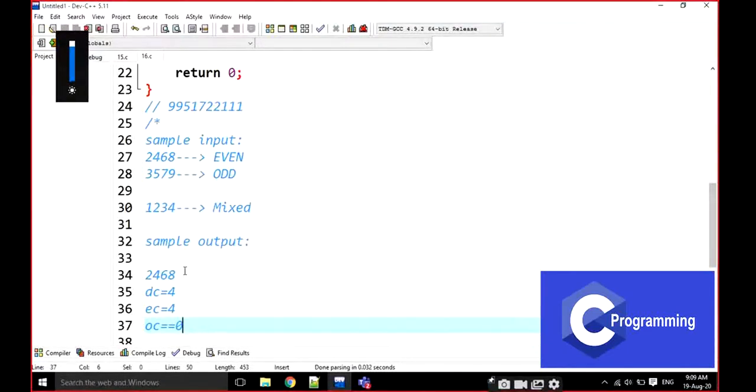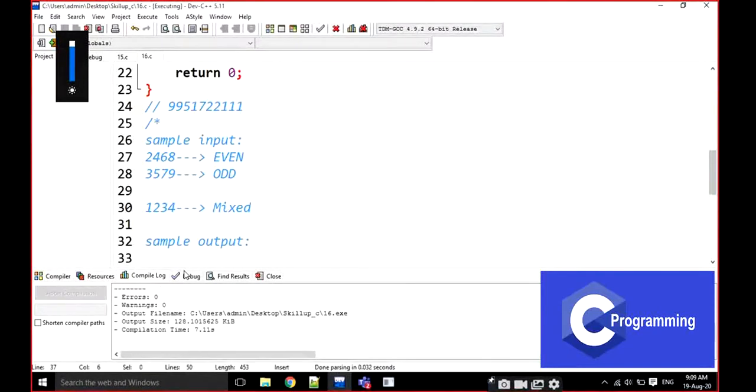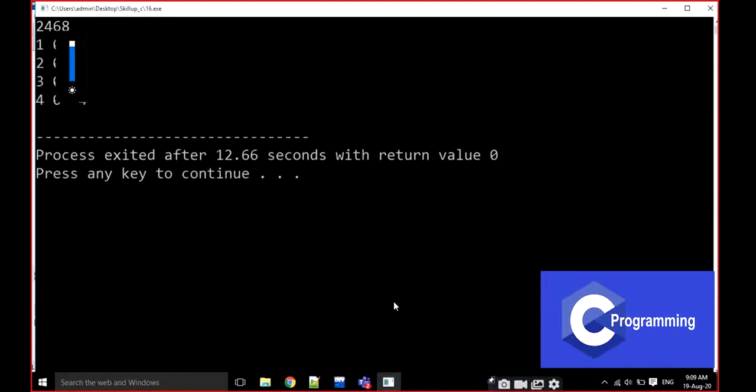If the digit count is equal to the odd count, for example, I am going to execute it here. If the number is 2468, look there: 4, 0 and 0.